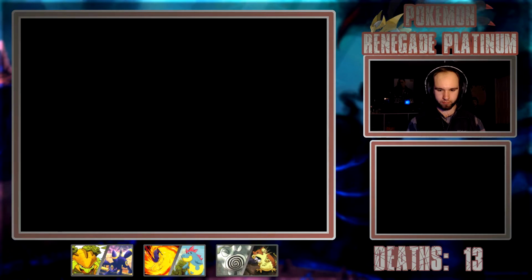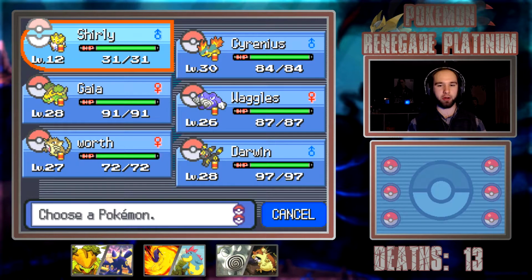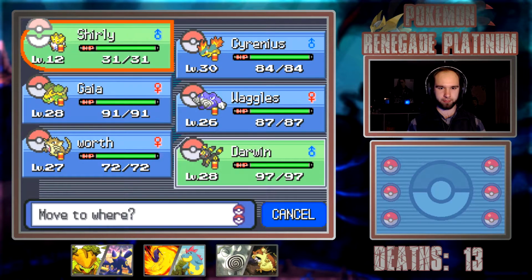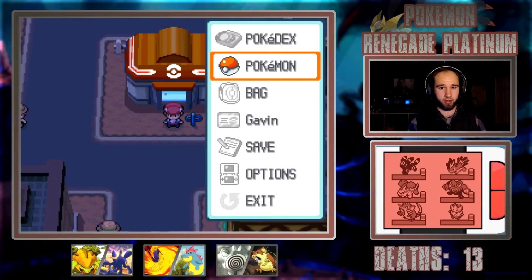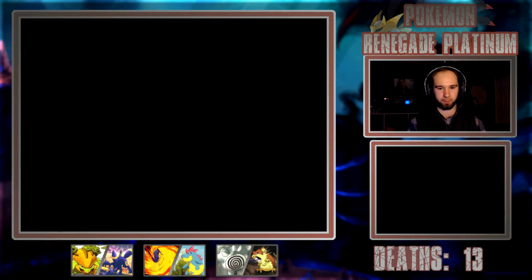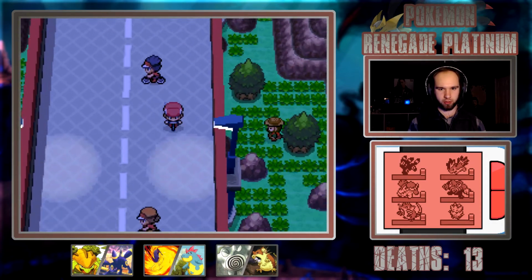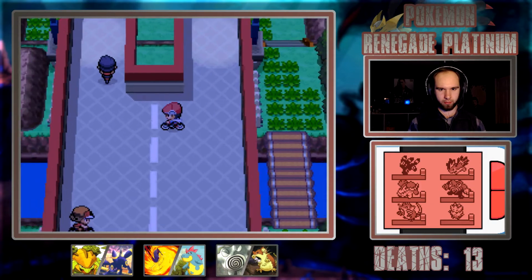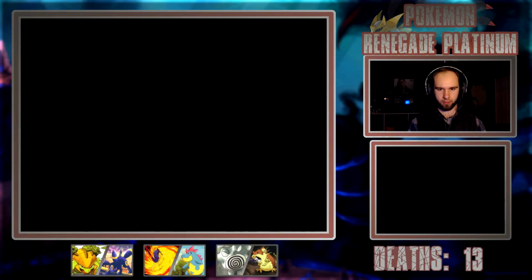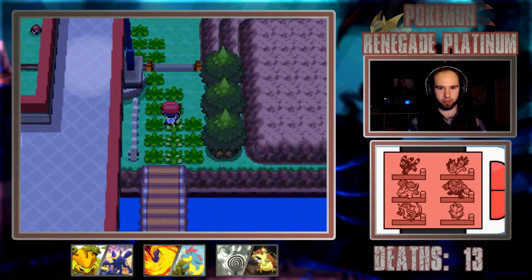Anywho, let's swap out to... Who can hurt a Pokemon without killing it? Probably Darwin. Well, Serenius also knows Quick Attack, so that's pretty weak. And these Pokemon probably will not be the highest of levels. So what can we find here? Survey says